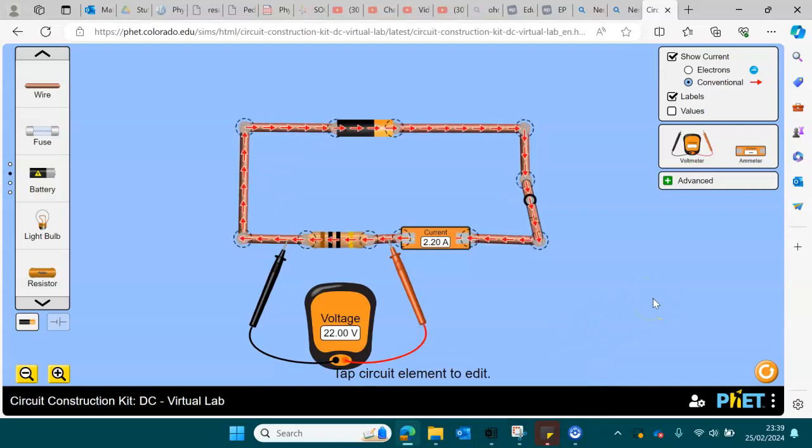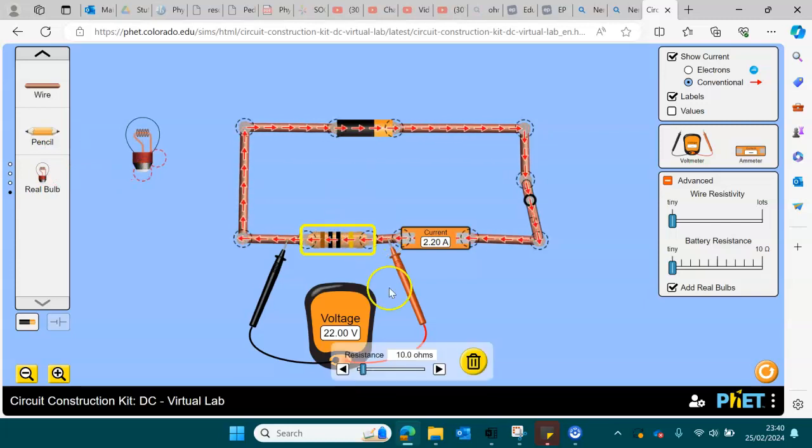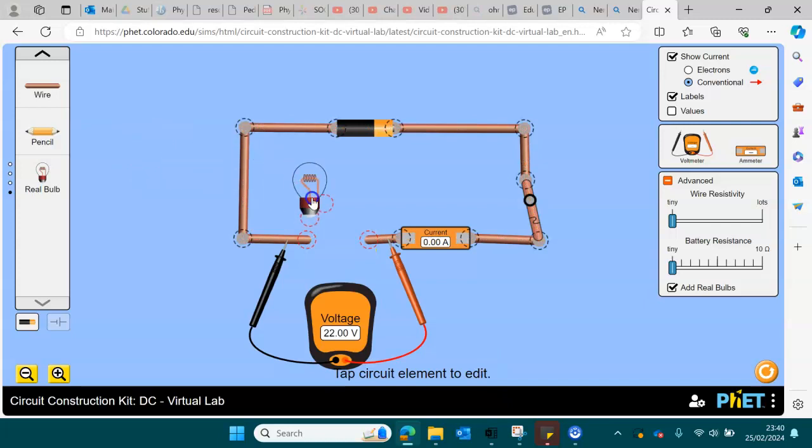So what I want you to do now is come back over to your simulation again, click on this little advanced button here, and click this little option down here to add real bulbs. It'll give you a real bulb to put into the circuit. I basically want you to repeat the exact same procedure that you just did, but swap out the resistor for the real bulb,